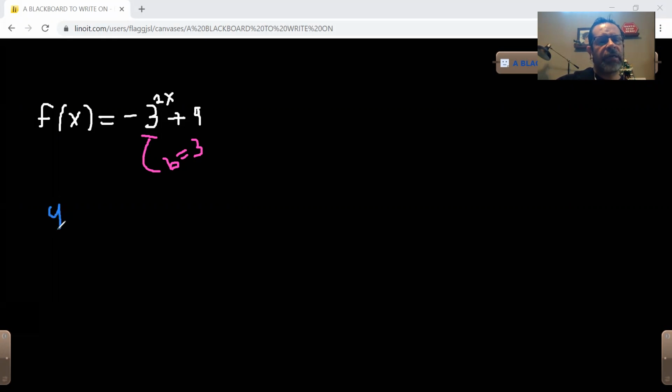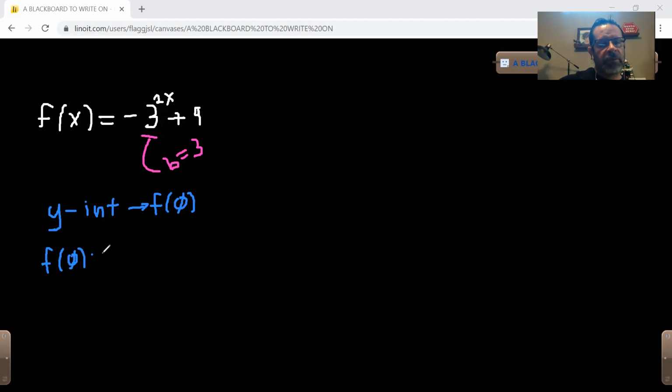Let's remember what we've seen previously. The y-intercept is going to happen when x equals 0, so we're looking for f of 0. The y-intercept is going to occur for this situation here. I'm going to draw this on the bottom. So f of 0